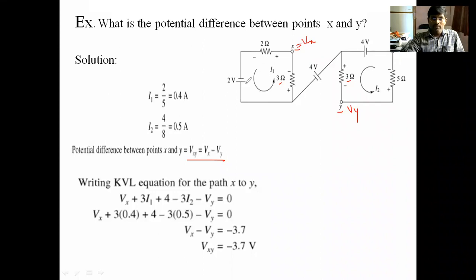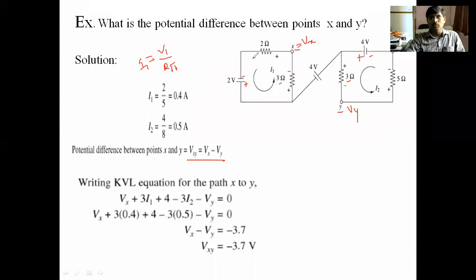However, see here, this 2 volt source is driving current in this direction, as it is plus and minus. In this circuit, this 4 volts is driving current. However, we know the voltage of this 4 volts. Then calculate the current flowing through this one. Call it I1. So what is I1? This is a simple series circuit. So I1 is equal to V1 by RT1.